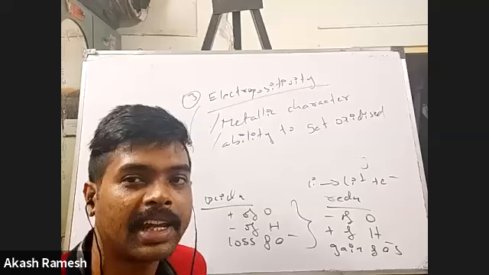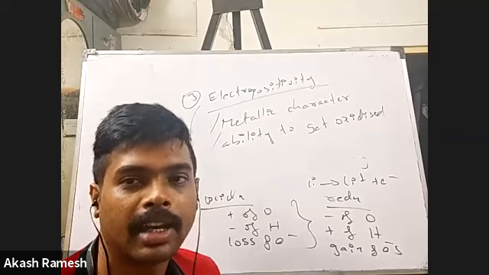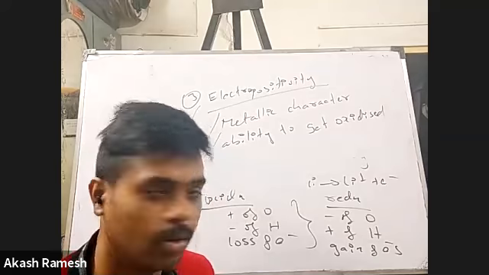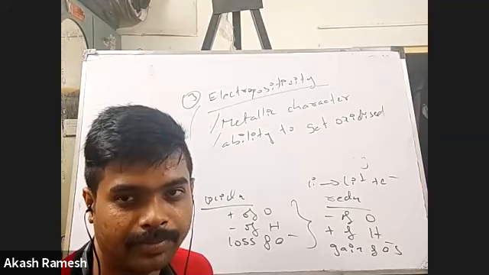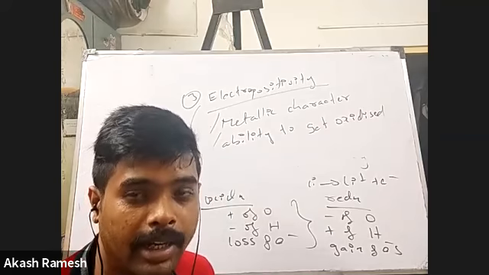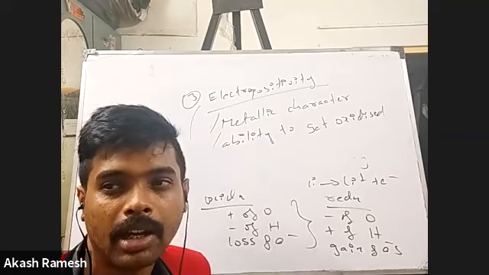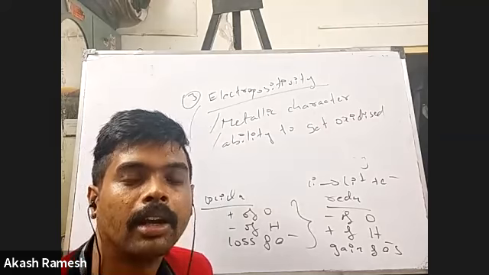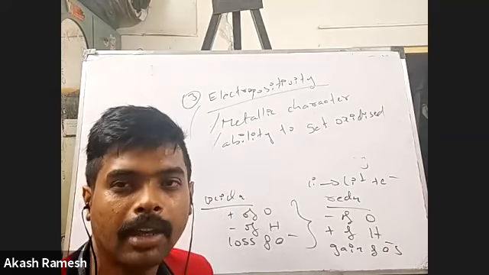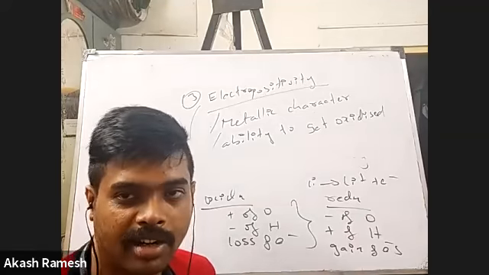So basically any agent, right? We don't have to talk about oxidizing agents as such. Say any agent, say an LIC agent. What does an LIC agent help you do? He helps you get an LIC policy. Say pollination in plants, and we have something called pollinating agents. Wind is a pollinating agent, and insects are pollinating agents. What do these help in? They help in pollination. Same way, oxidizing and reducing agents also help in oxidation and reduction, right?